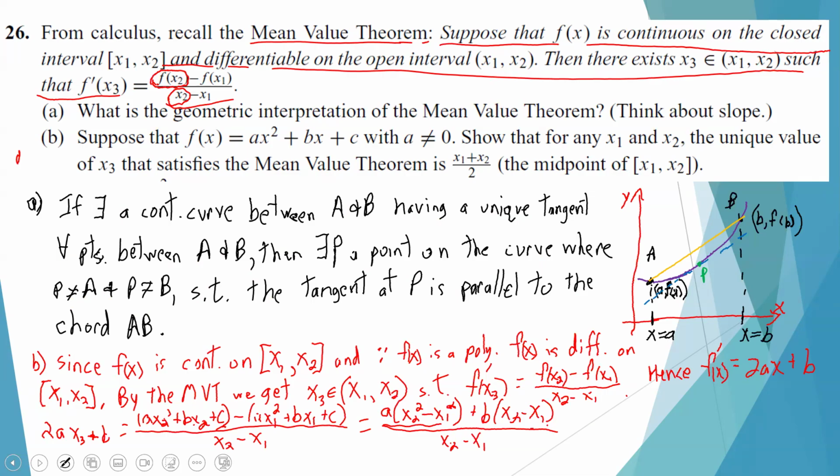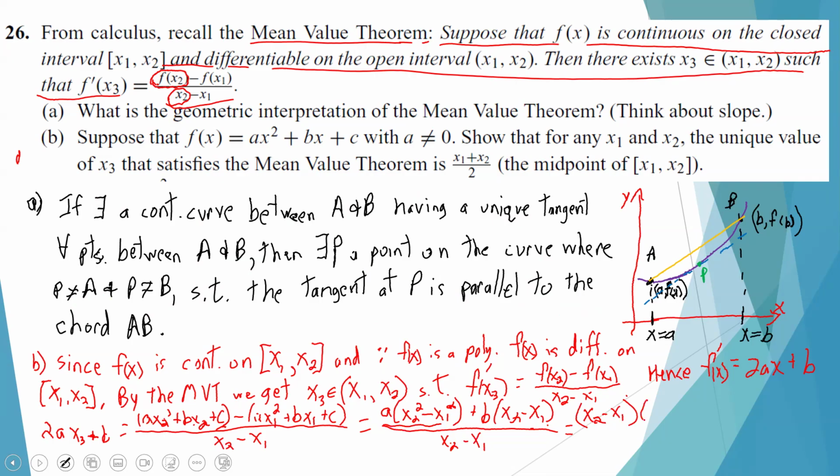So I can see some factoring that might need to be done, but I have to distribute this, right? Because this is x2 squared. So I'm going to pull one of these out. You could think of it as distributing this through and then pulling one out, but this is going to factor, and it's going to be left with x2 minus x1